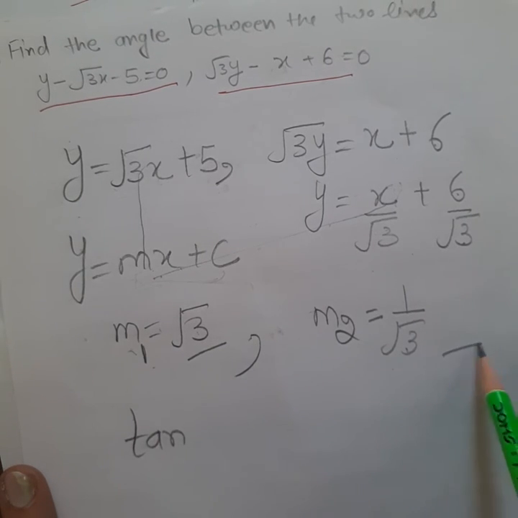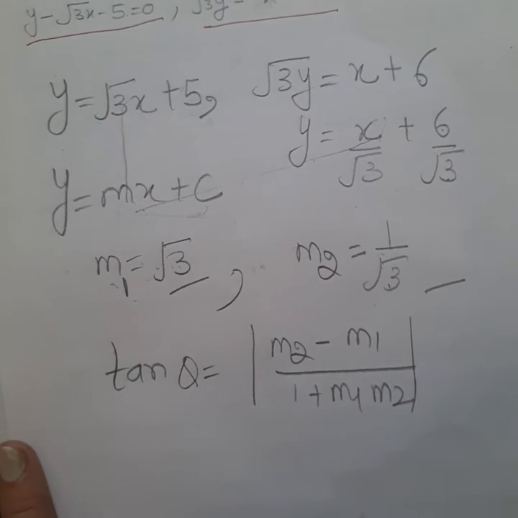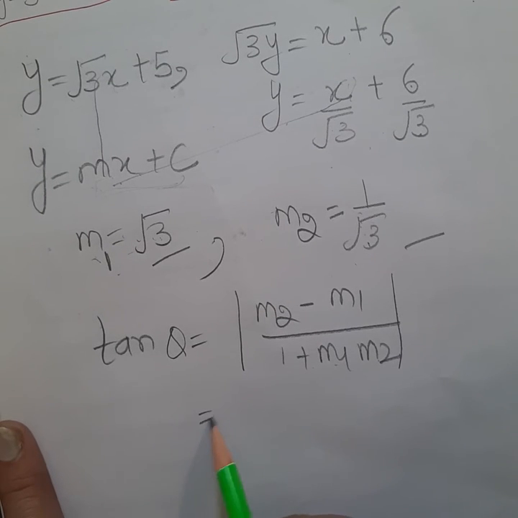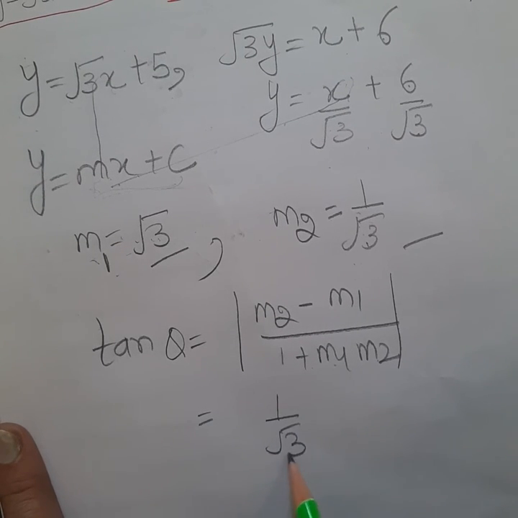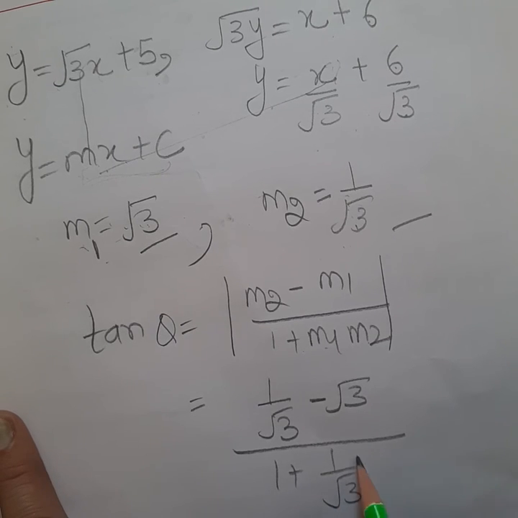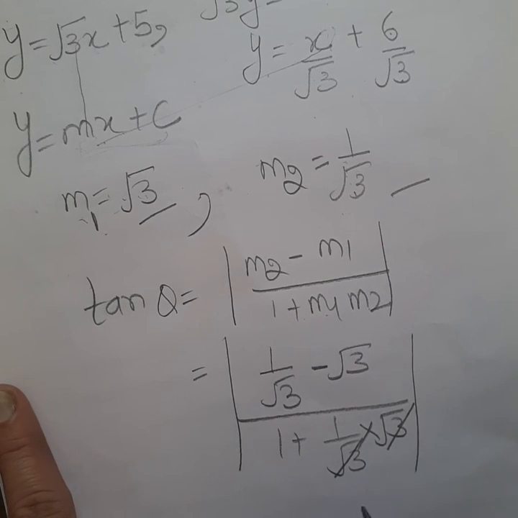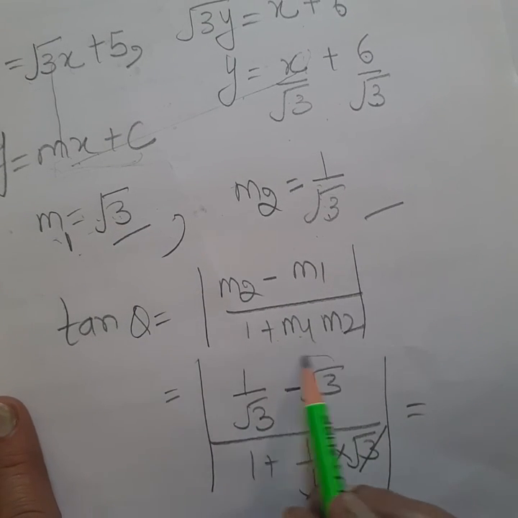You can take this m1 and m2, and m1 and m2. You can take any type of slope as first and second. So we have to apply the formula, that is (m2 minus m1) upon (1 plus m1 m2), or you can say m2, m1. Now we have to write the value of m2, that is 1 upon root 3, and the value of m1 is root 3, and in the denominator you can multiply these two slopes in this way, and by cancelling root 3 by root 3, you get only the denominator.